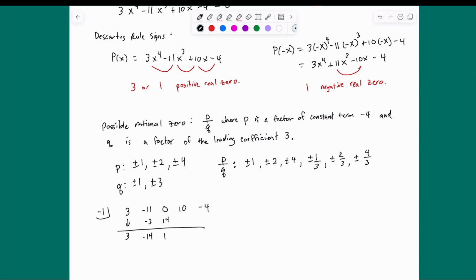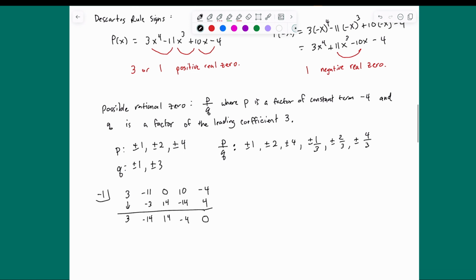So we get positive 14. Now -1 times a positive 14 gives us a -14. 10 plus -14 is -4. And then we have a -1 times -4, which is positive 4. So we get 0. That's good news because that tells us that -1 is a 0, and